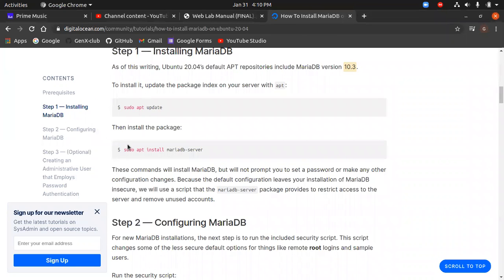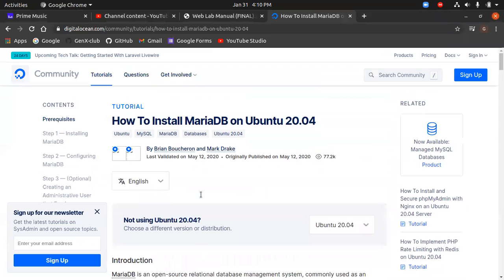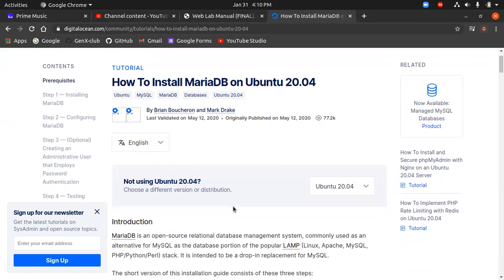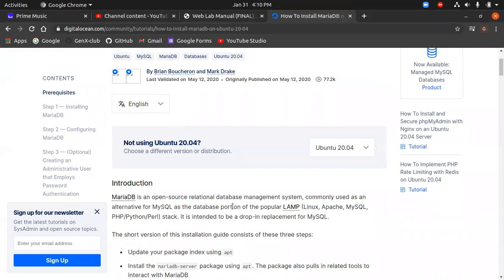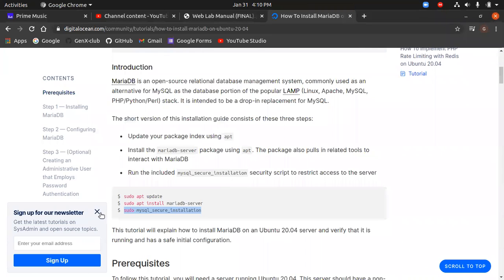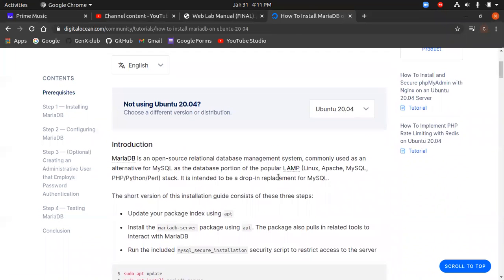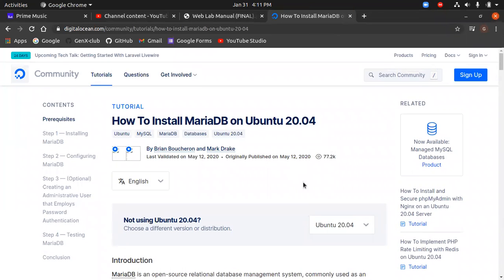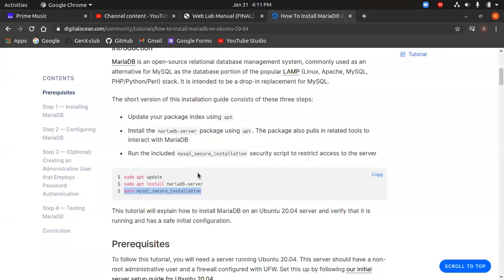DigitalOcean is a platform where there's a lot of people who help out with many of the tutorial problems that you have, like installation problems. It's similar to Stack Overflow, but it's more detailed. You can get all the information about how you install stuff. So I'm using Ubuntu 20.04. So I just checked it out.